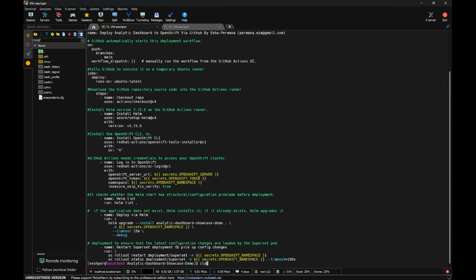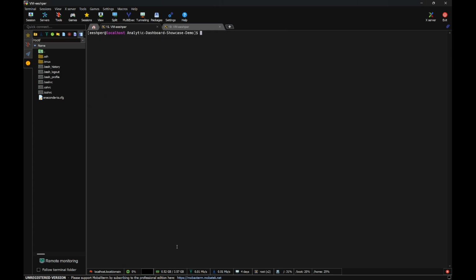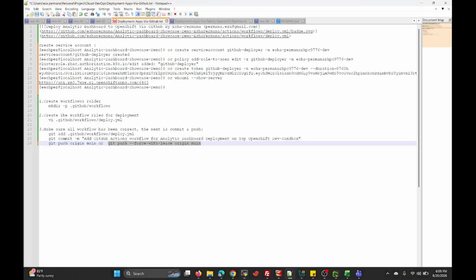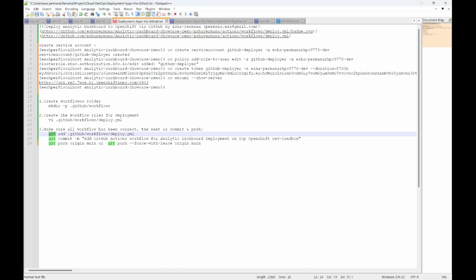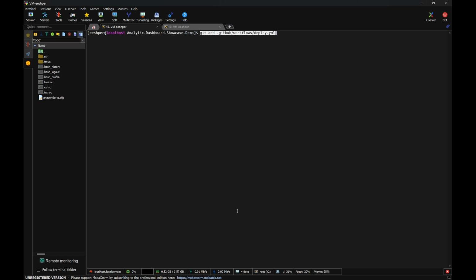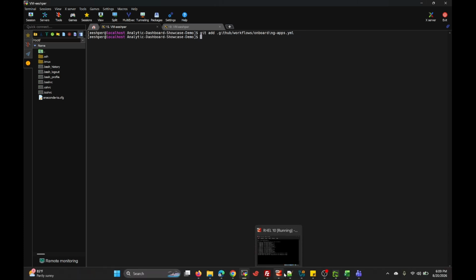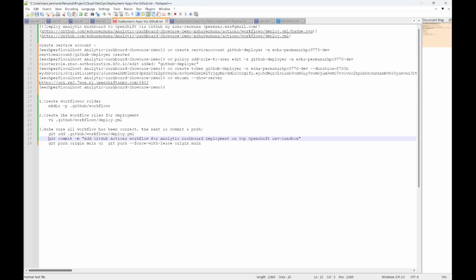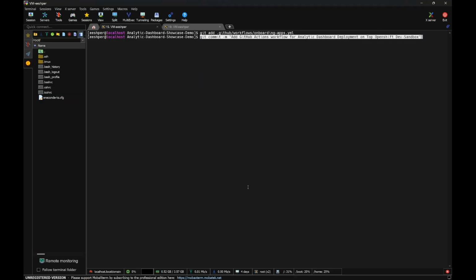Okay, so we can proceed with onboarding. I will use git add, and then we will commit. This is for synchronization between your local repository and your GitHub repository.